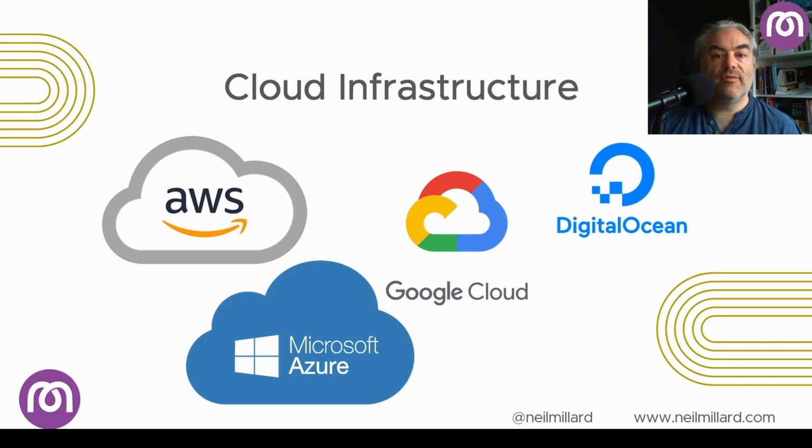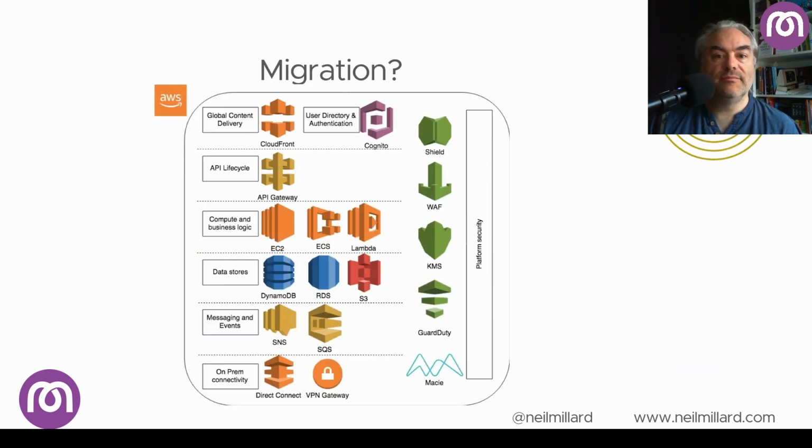When I talk about cloud infrastructure, I mean moving your application so it runs from one of the clouds, AWS, Azure, Google, or DigitalOcean. Migration is a different subject altogether, but why would you want to move to the cloud? Using AWS as an example, they offer hundreds of services, 20 or so just listed here. This means that when you operate workloads in the cloud, you don't need teams of engineers to look after the individual components that are running.